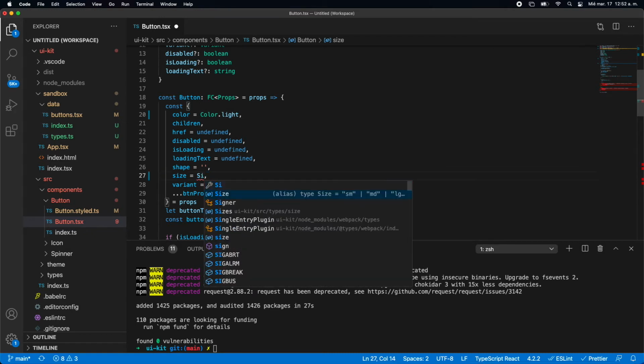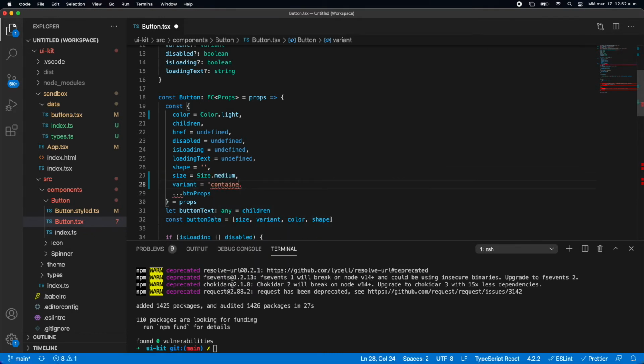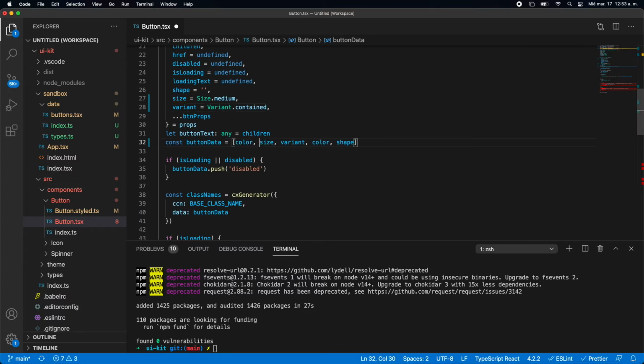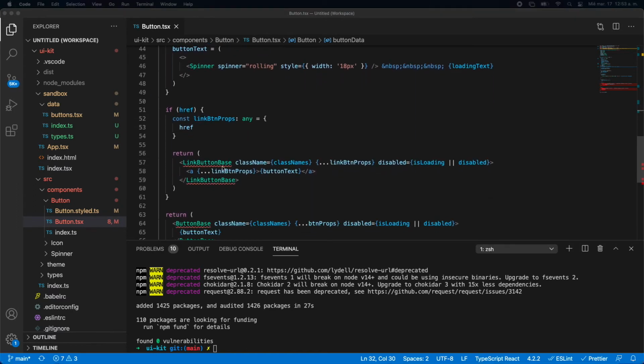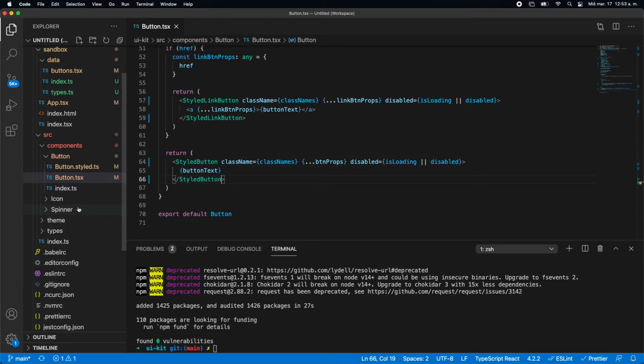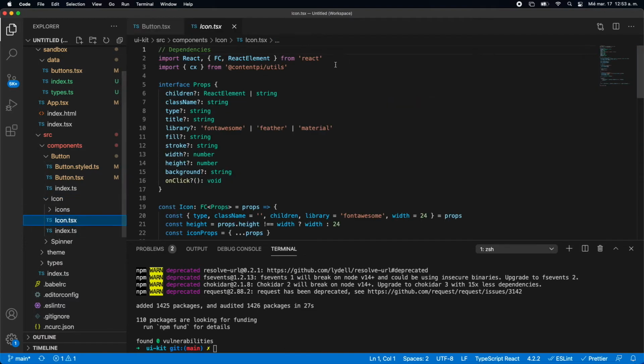The size medium, and the variant contained, variant.contain. Okay, and now we need to add the color to generate the class. And finally, we need to rename our style link button and our styled button, just like that. Okay, now let's go to the icon.tsx, and also we need to change this for lib. Okay, now you need to go to theme, and we are going to create